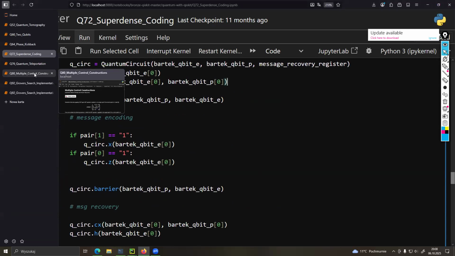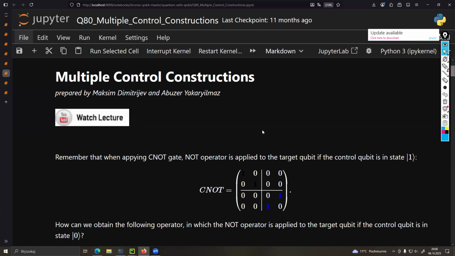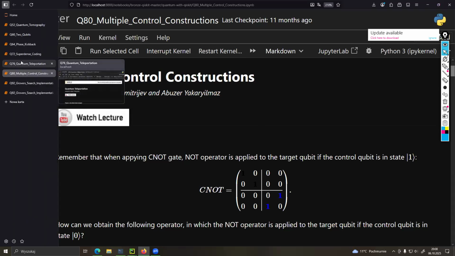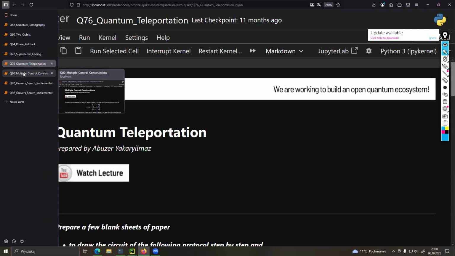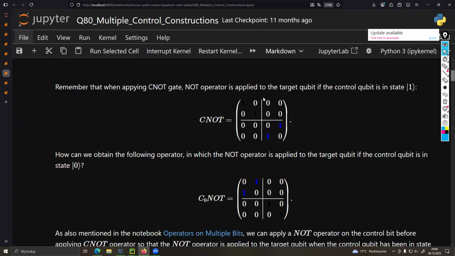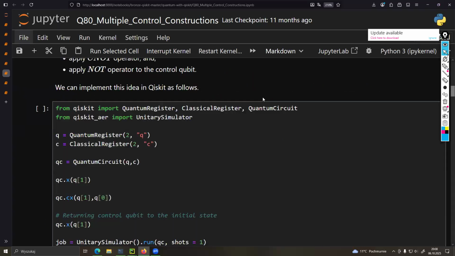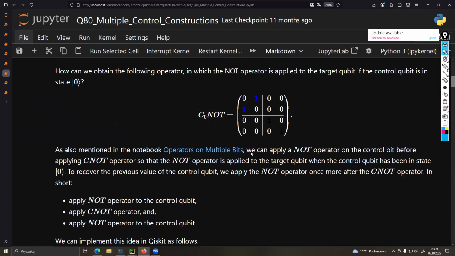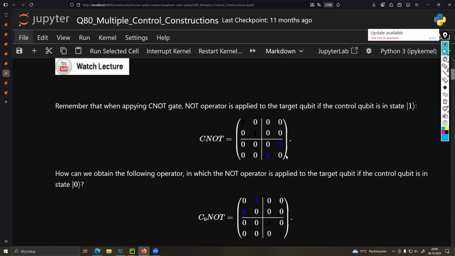Okay, so then Q80, multiple control constructions. As I said, we'll skip over to Q80 first, and then we will go to quantum teleportation. So now, what are the multiple control operations? We have been talking about them slightly before, right? Because we have been talking about it during the classical